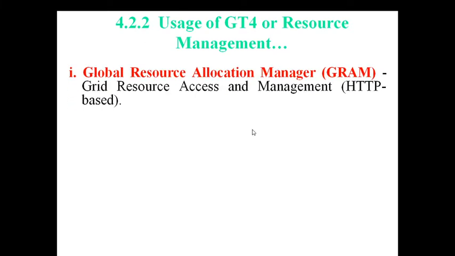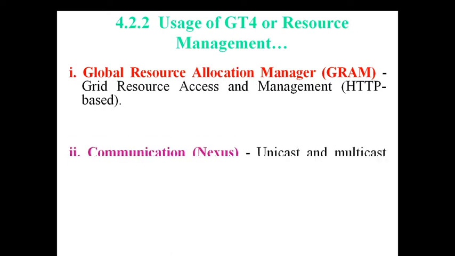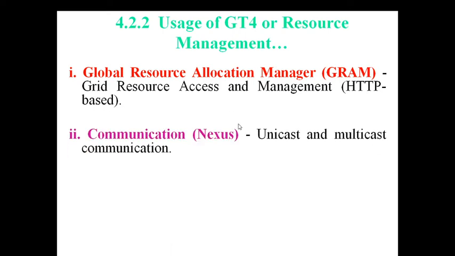Next, usage of GT4 resource management. So how can we use this GT4 resource management? See this. As I said previously, in the GT4 architecture in terms of 3 layers, the middle layer is the important one, which is contributing a lot of core services, right? So here we will run one by one. The first one is GRAM, Global Resource Allocation Manager, which helps us to give resources to you or allocate space wherever the grid is available in the total world. Okay, communication, which helps us to communicate with any other person in grid computing.